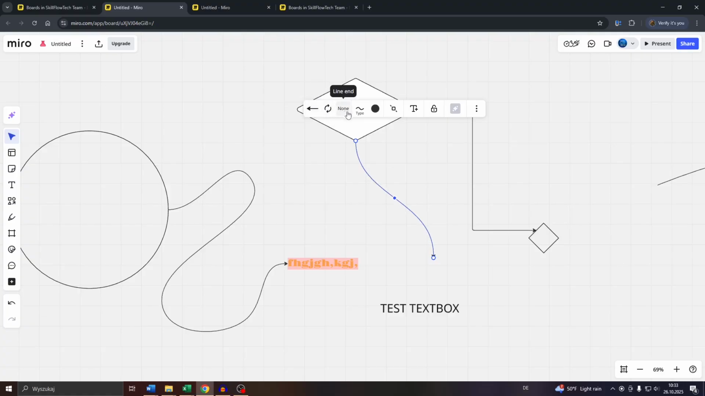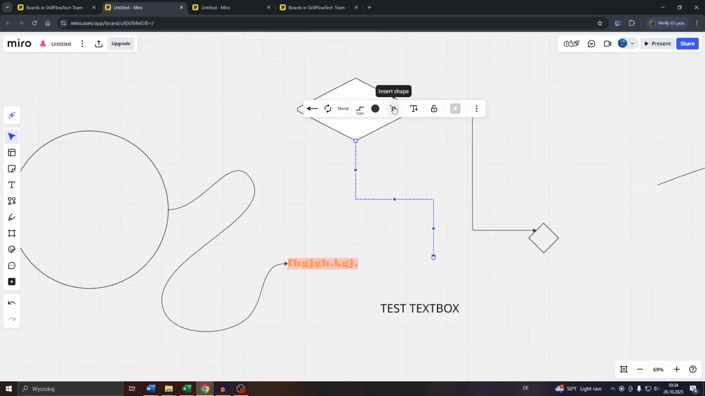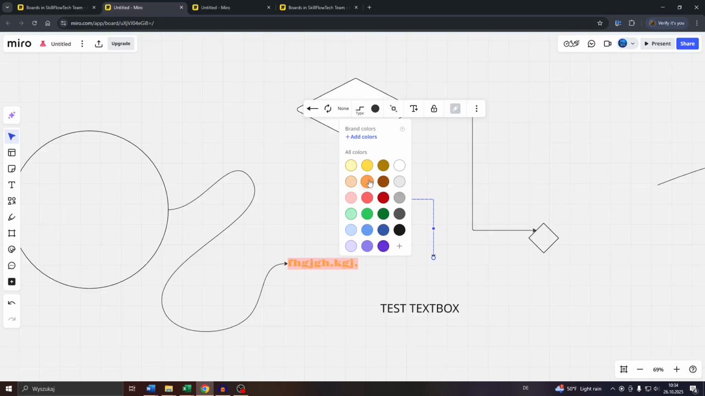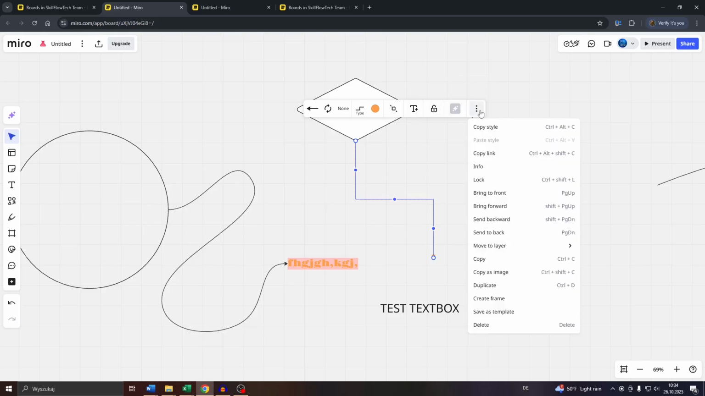line start and line end, and you may change the line type. For example, go with a smooth one like this, a dotted one, a lined one, connection like this, and so on and so forth. Simply left click into the connection, and after that customize it, like the color. You may add text to it and copy the style of it, and so on and so forth, even unlock